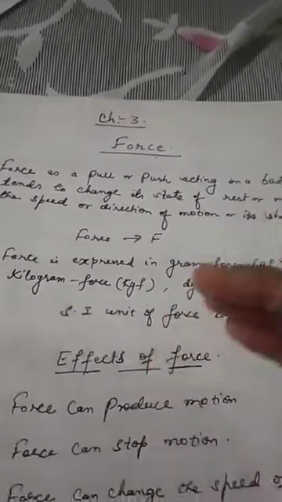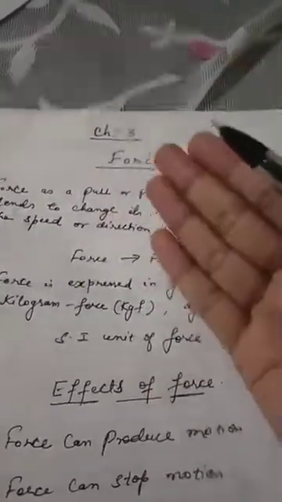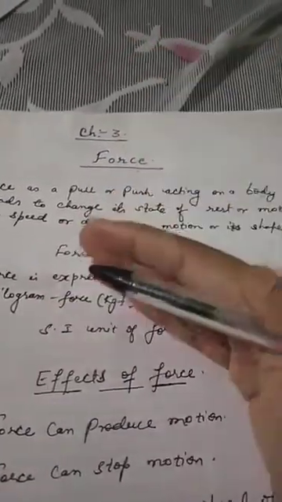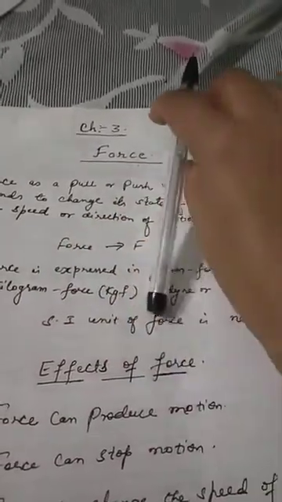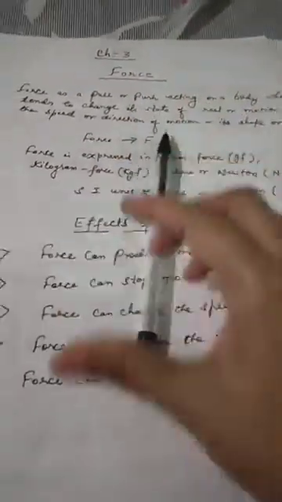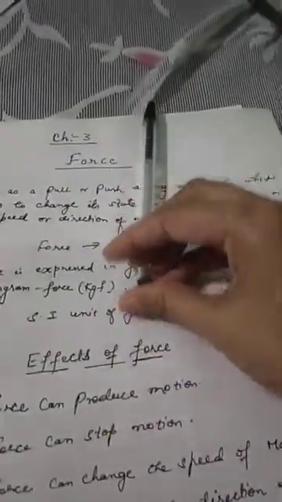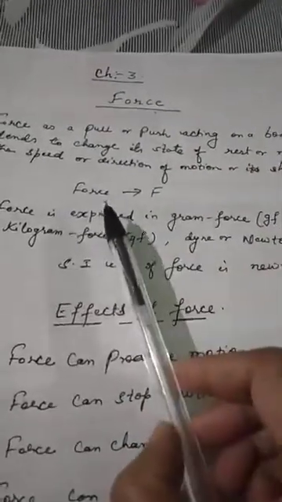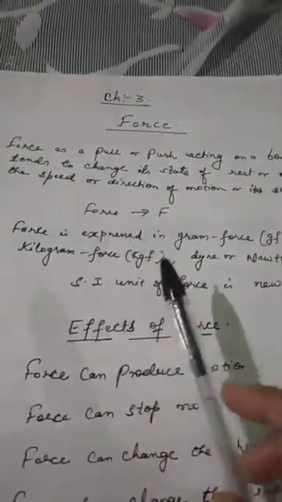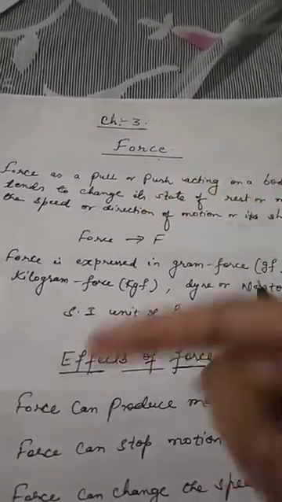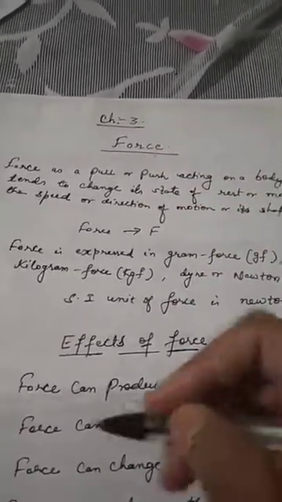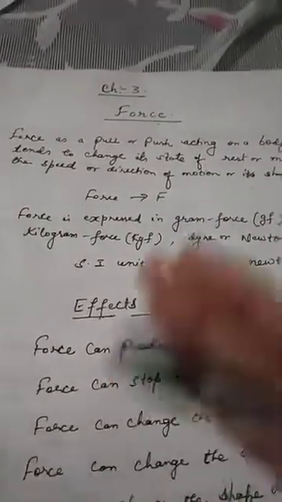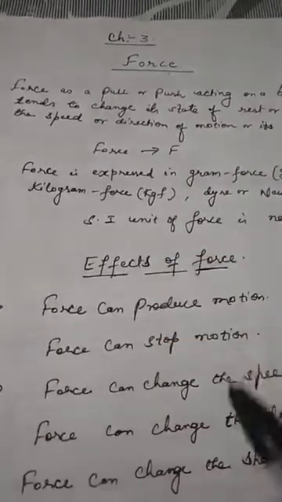But if I apply force in the direction opposite to the direction of the motion of a ball, then it will reduce its speed. Okay? Suppose it is coming from this side and I am applying the force in this direction. So it will reduce its motion. Similarly, the ball will also reduce its motion. But if I apply the force in the same direction of its motion, then it will increase the speed of the object. Okay? So force can change the speed of the motion of any object.